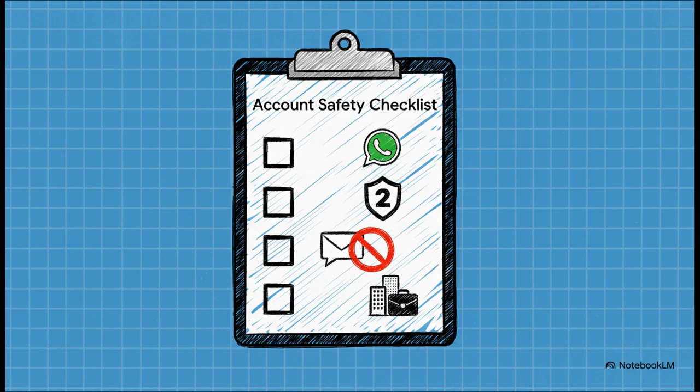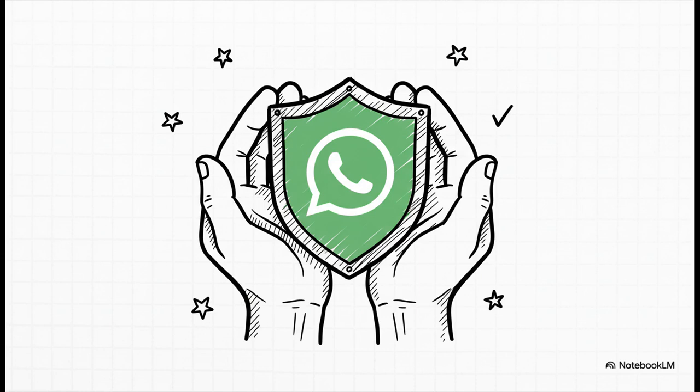Here it is, your account safety checklist. Number 1, like we've said, only use the official WhatsApp app. It's a big one. Second, turn on two-step verification. It just adds an extra layer of security. Also, just be mindful of what you're forwarding. Try not to spread spam or click on sketchy-looking links. And finally, if you're using WhatsApp for business, please stick to the official tools they provide. When it all comes down to it, your best defense is just good practice. By understanding the rules and using the app the way it's meant to be used, you're putting your account security right back into your own hands.